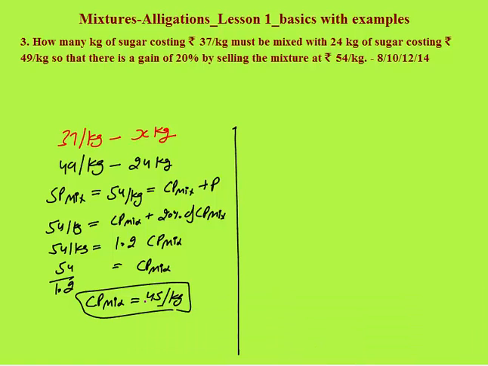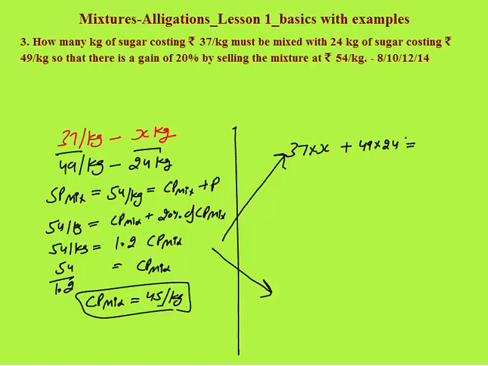Now I can solve this question again by two methods, one by equation, other by allegation. Let's see how to solve this question with the equation. So x kg of 37 per kg, the total cost will be 37 into x, because 1 kg is 37 rupees, x kg will be 37 into x rupees. Other is 1 kg of 49 rupees, so 24 kg, 49 into 24. This will be equal to